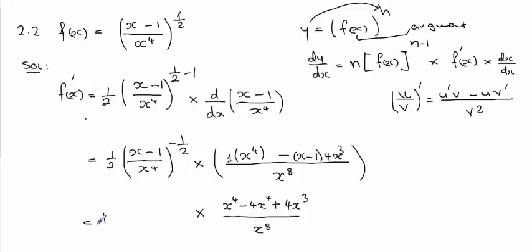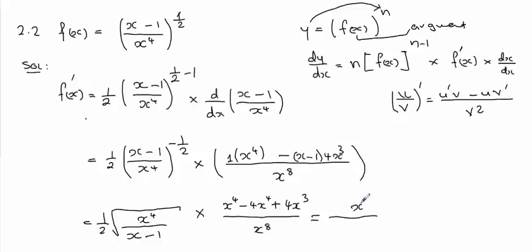Then we write it this way: half square root of x to the power 4 divided by (x minus 1). Now we can continue this and simplify this as follows. We can calculate the equivalent of the numerator and that of the denominator. Then we end up with